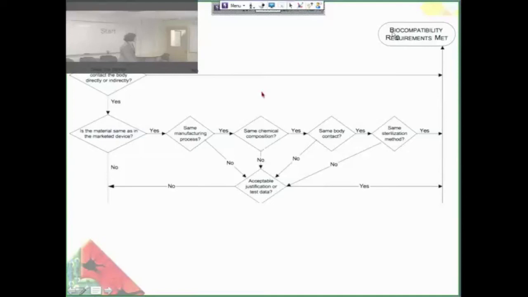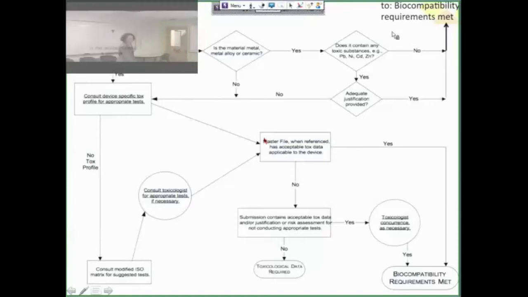Is the material the same as in a marketed device? So if you have a predicate that it's really similar to, yes. Is it the same process to manufacture it? Yes. Is it the same chemicals? Yes. Same body contact, same sterilization method. If you didn't change any of these things, you don't have to do any further biocompatibility. It's met. But if you changed any of these things, or if you have a similar material that's legally on the market but you changed any of these important things, then you have to ask, do you have acceptable justification or test data to show that it's biocompatible? That's where you would want to do the standards testing. If so, then you're good. If not,